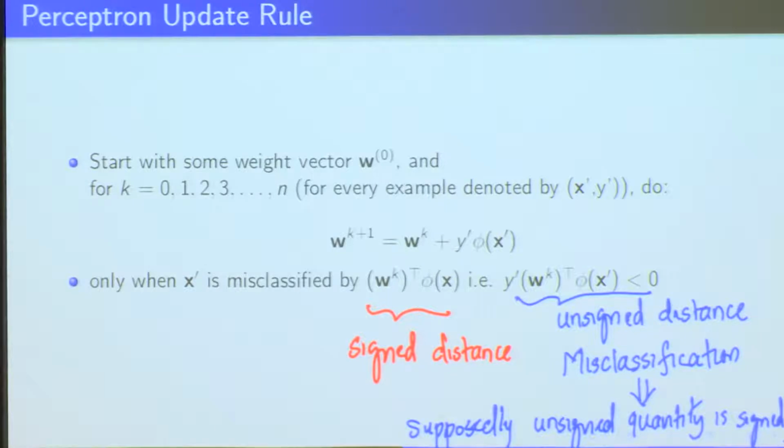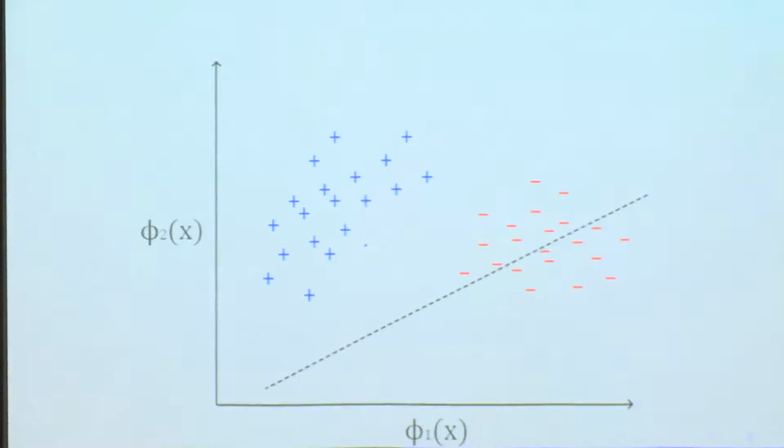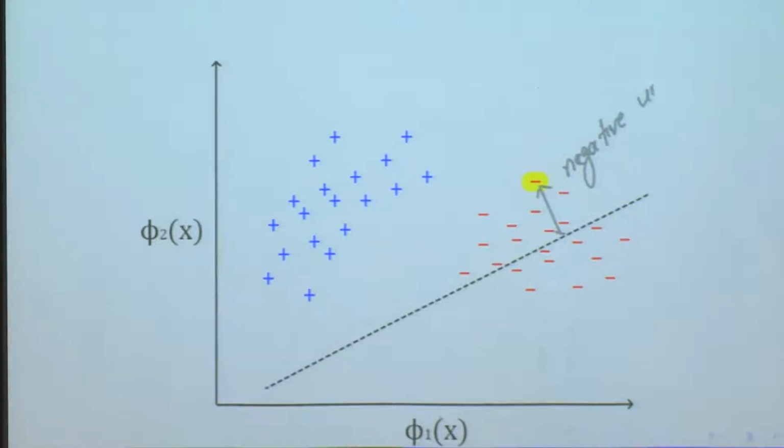Okay, supposedly the unsigned quantity is signed, and we saw that post this update we actually get a better unsigned distance. So the moment you let's say I identify this point which is misclassified, this distance which should have been unsigned is actually coming out to be signed because it's on the wrong side. This is negative, unsigned distance,